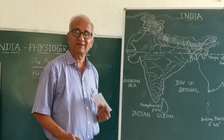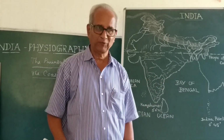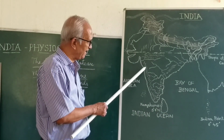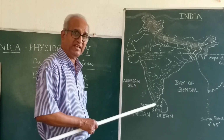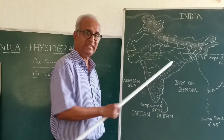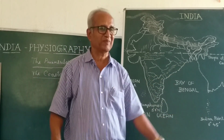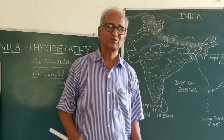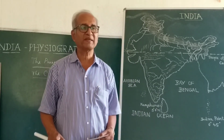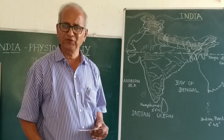And these rains make the rivers flow to their brim. We will have floods even. Lots of rivers are there which take birth in the Western Ghats and flow towards the west and join the Arabian Sea. And we have rivers moving towards the east too. All these rivers start flowing to their brim, then the floods too. So months of June, July, August, to some extent even September, they are the advancing monsoons, bringing heavy rains,